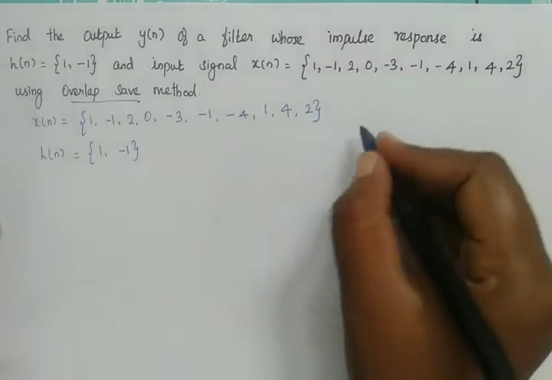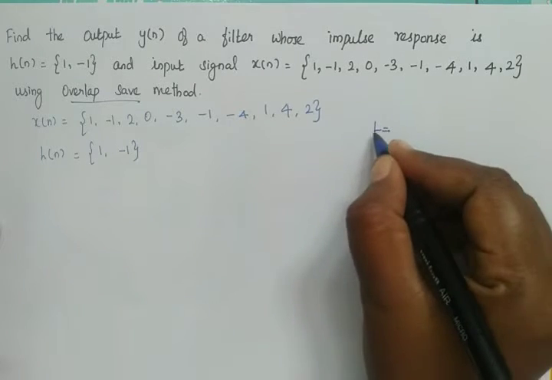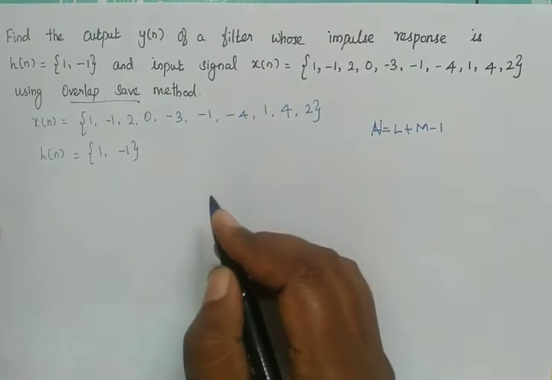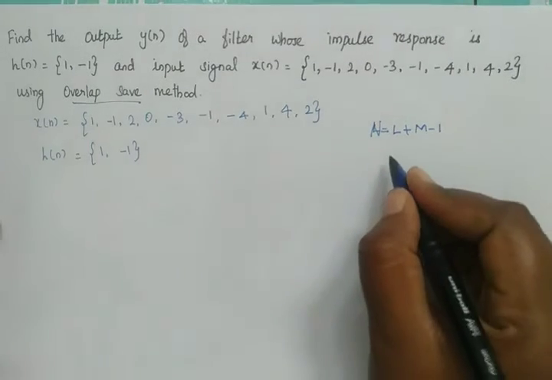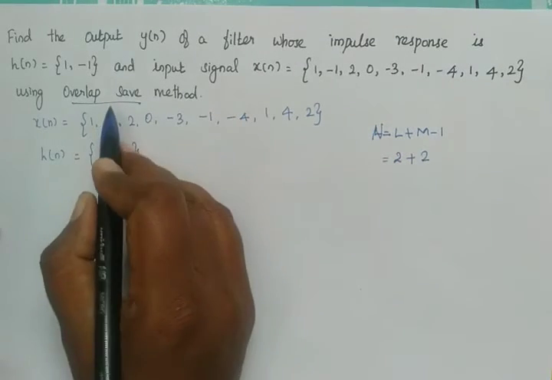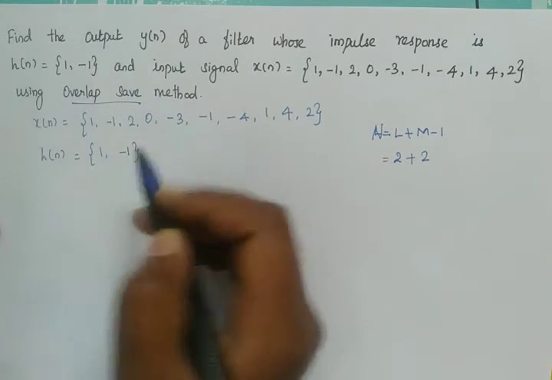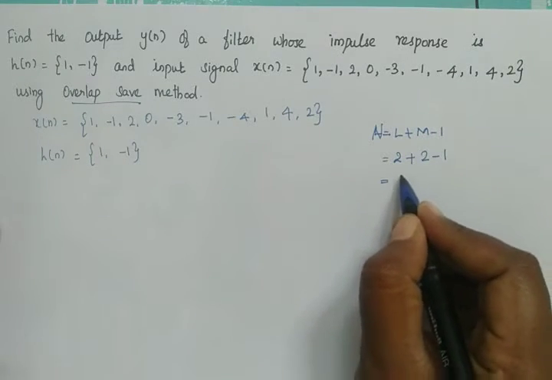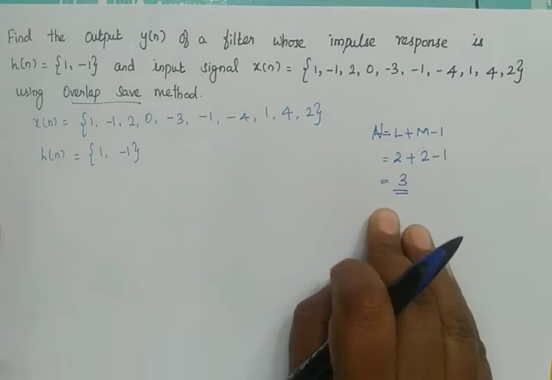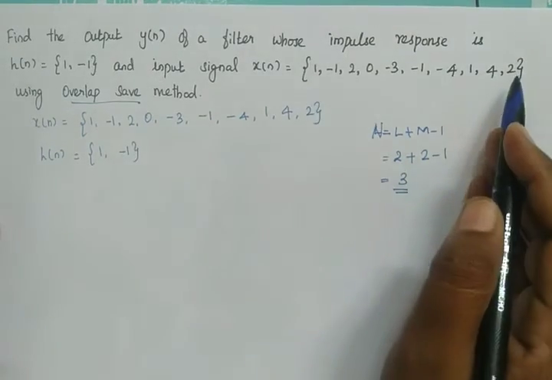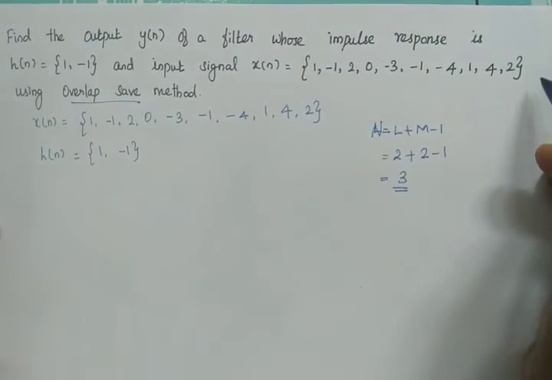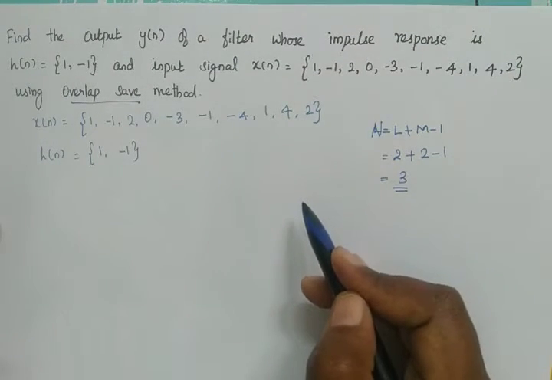So in the same way, we know that N is equal to L plus M minus 1. So how can we split this into numbers? We can split this into 2 plus, here we have 2 because the impulse response has only 2 numbers, so 2 minus 1, which is equal to 3. So the entire length of the divided block should have 3 numbers. Here we have 10 numbers. What we have to do is split into 2, 2, 2, divide this into 2, 2, 2 numbers, and then we have